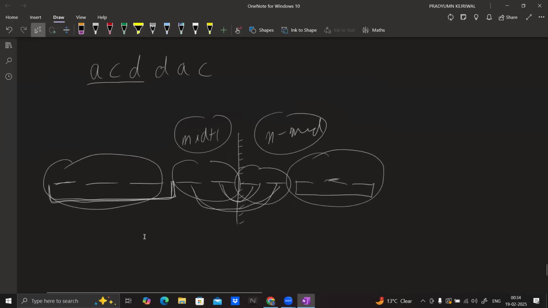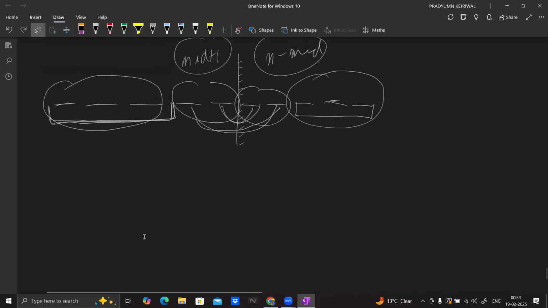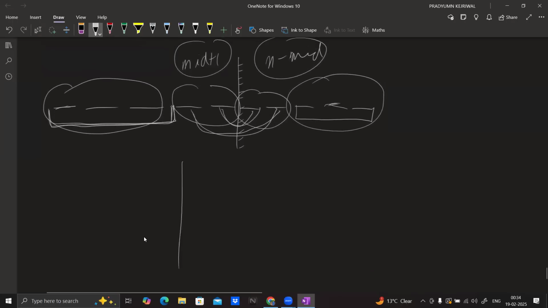Okay, but actually there is one caveat here. What if the length of this prefix is greater than n by 2? Let's say we have 5 here, 4, 5, 1, 2, 3, 4, 5, and let's say the prefix length is 6, or let's say 7. So we can change the order of these characters. Then how do we check that? Basically we can just